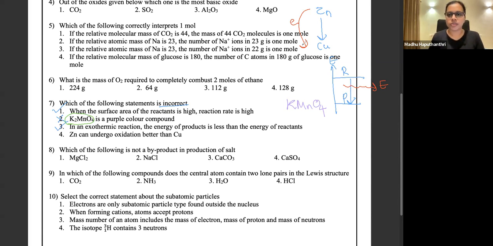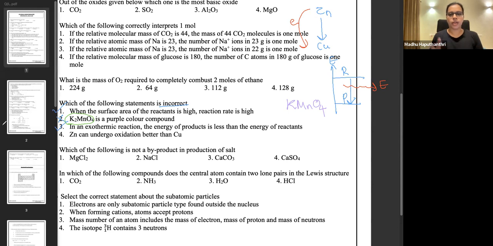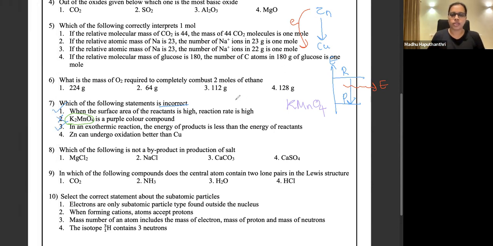So this is my point. In the activity series, electrons are flowing just the same as how water flows, top to bottom. If you keep this point in mind, you can modify that and apply it to any question. So this statement is correct. Then the incorrect statement is the second one. This K2MnO4's color, I have highlighted it. That's green. I have circled it using green. That is because it's green.